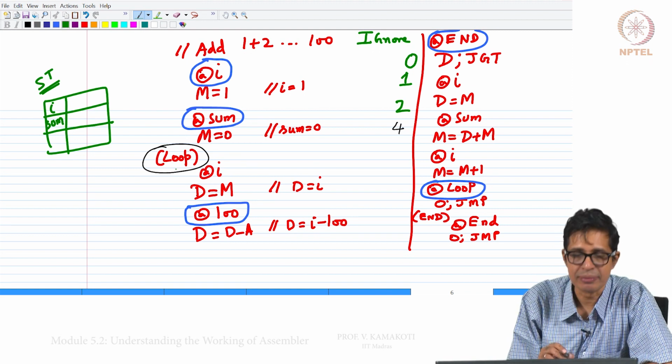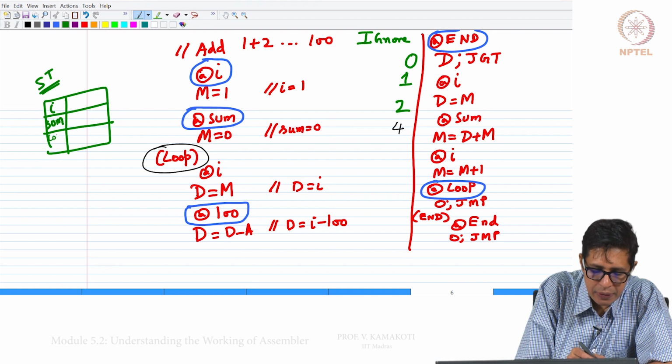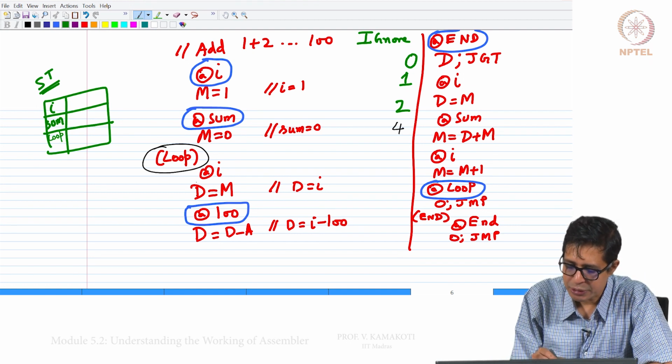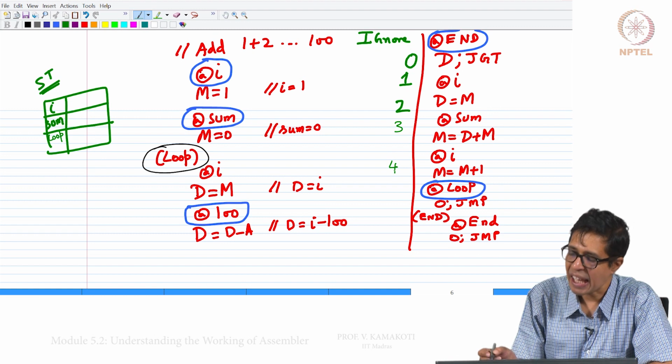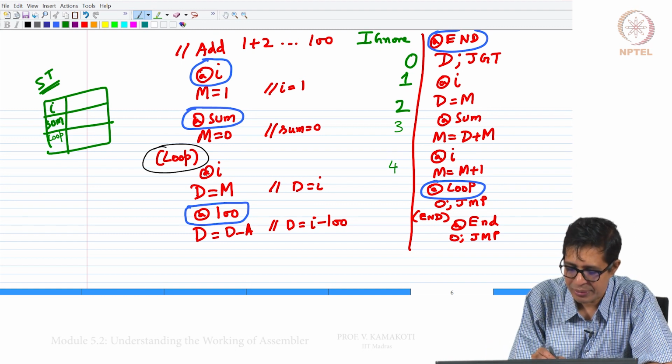This is a symbol, right. So, the loop is registered into the symbol table, and this is 3, this is pointing to the fourth instruction. So, if I say at loop, it means I have to jump to the fourth location in the ROM.